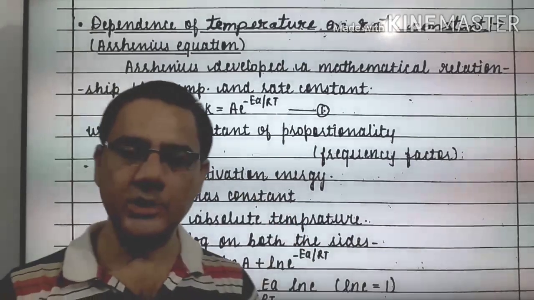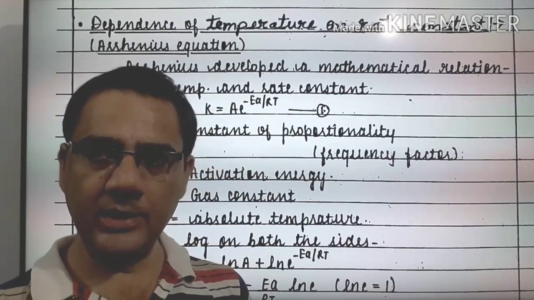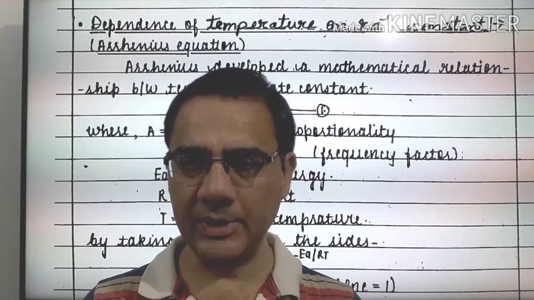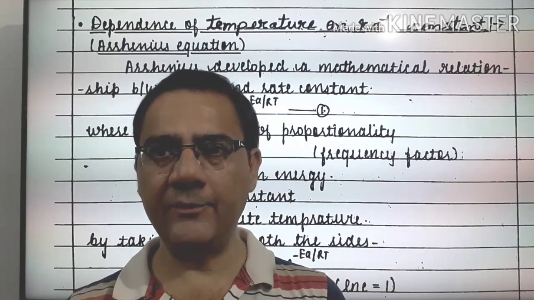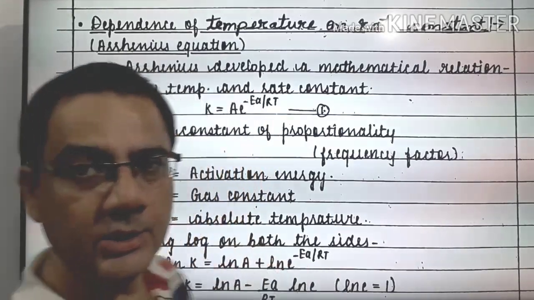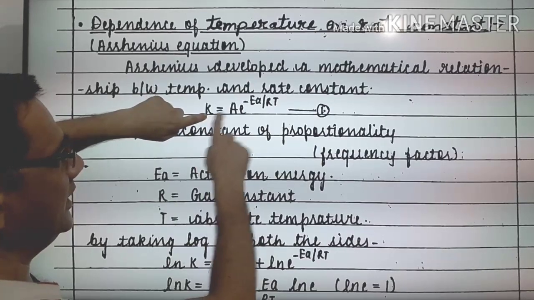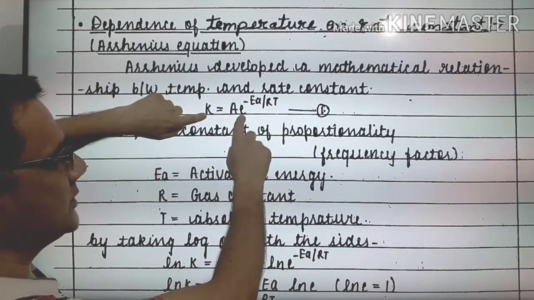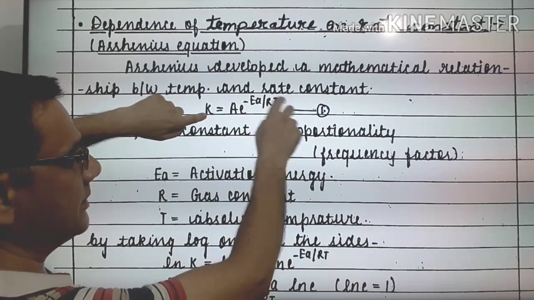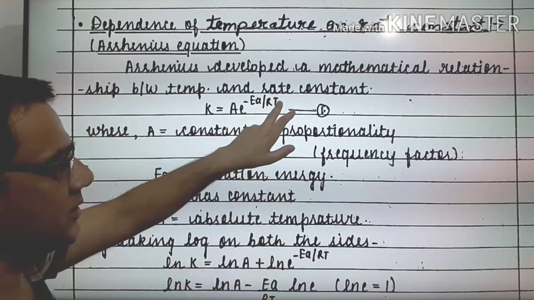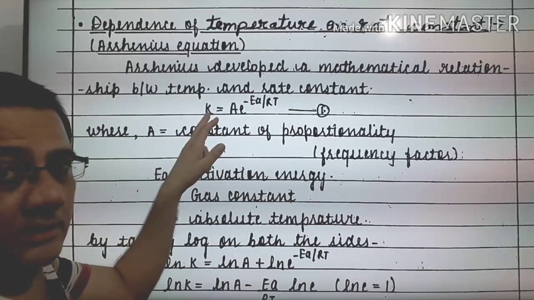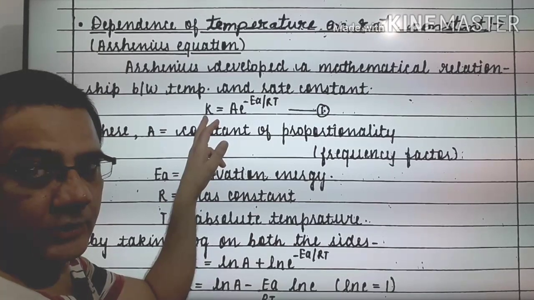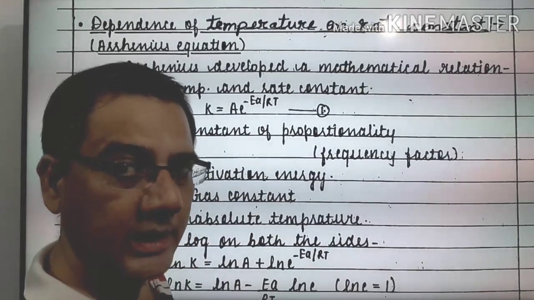Now in this Arrhenius equation, Arrhenius related two things together: one is the rate constant and the second is temperature. He described the effect of temperature on the rate constant. So k is equal to A e to the power minus Ea upon RT. This temperature is in Kelvin. If this is 300 and this is k, and if this is 310, this will become 2k. So that is the idea that was given by Arrhenius.